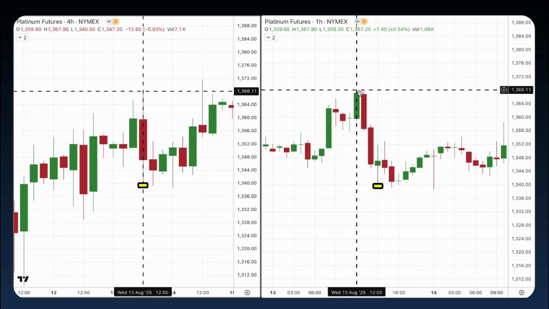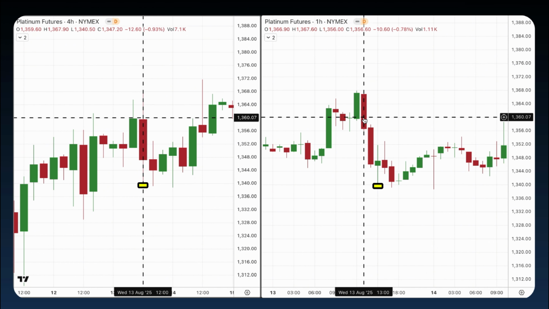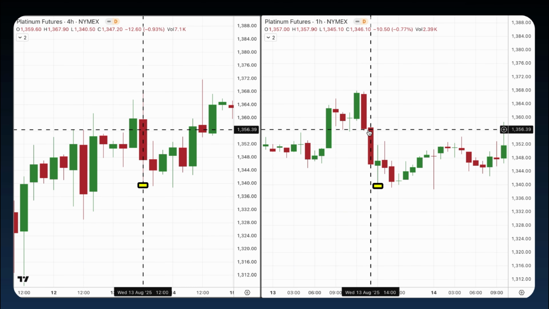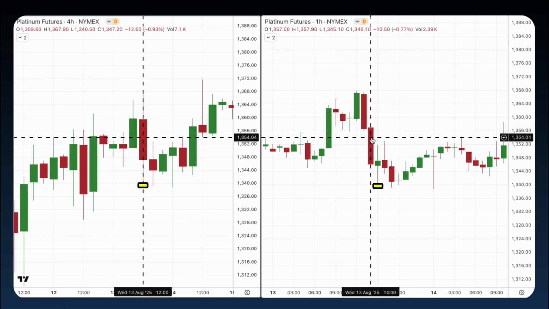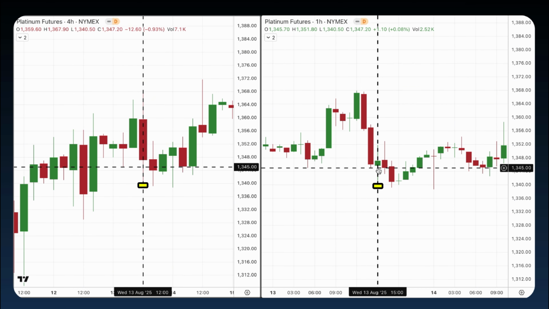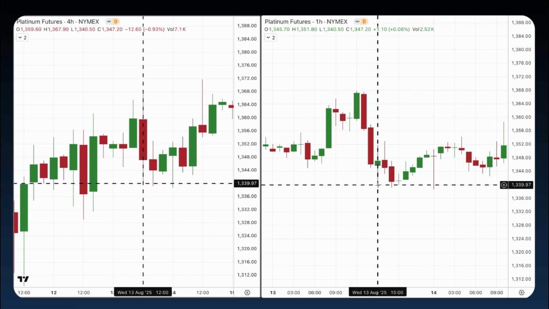And the other thing that should also match is that the low of the 4-hour candle should match the lowest point that we reach during those 4 1-hour candles. Let's take a look. I'm searching for the lowest point, and pay attention how as I'm going down, I'm switching candles on the 1-hour time frame, but on the 4-hour time frame, I'm still going down within the same candle. We still have not reached the bottom of the candlestick. And now, this is the lowest point of the 4-hour candle, which indeed equals the lowest point that was reached in the last candle of the 1-hour time frame, which is roughly at